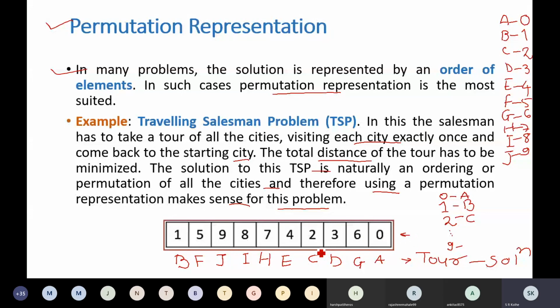Such a representation, either this or this, is called permutation representation, where order is important. Understood? So in traveling salesman problems, permutation representation has to be used for representing the solution.